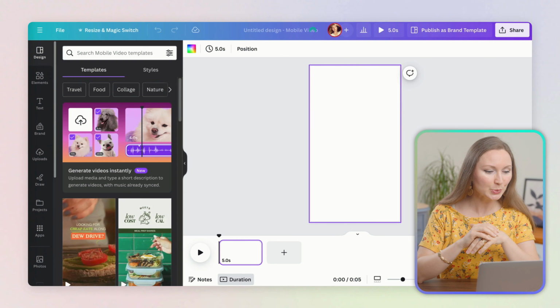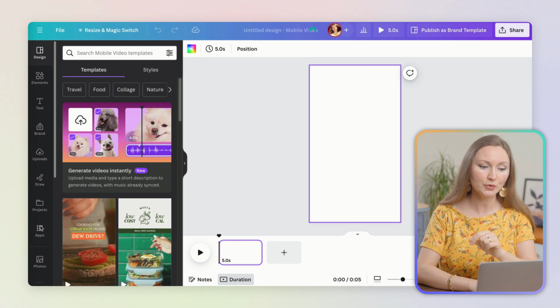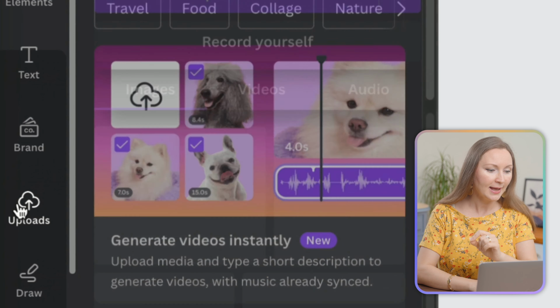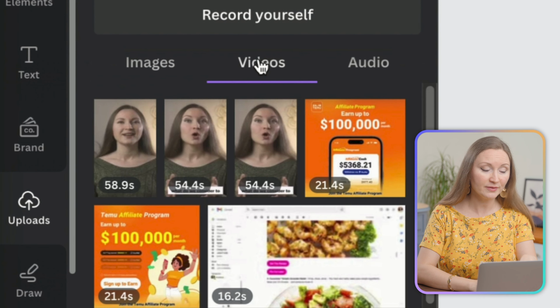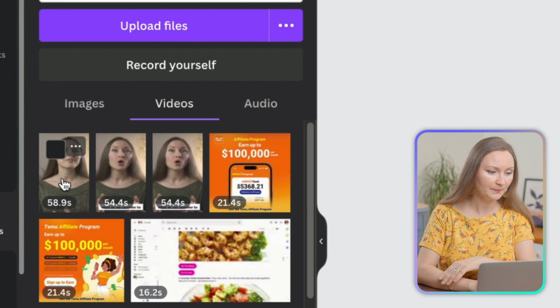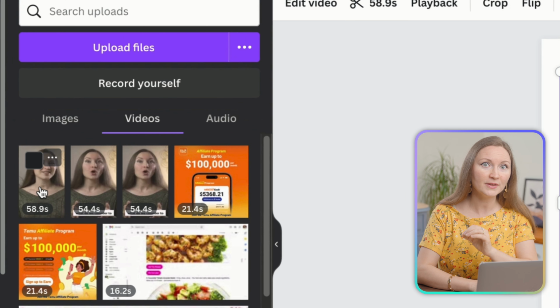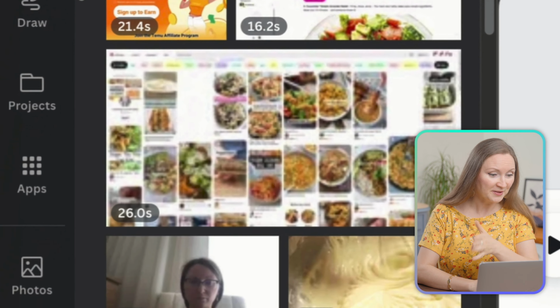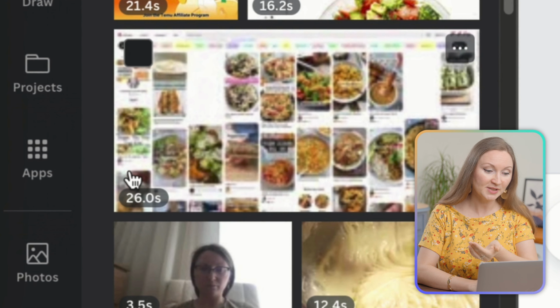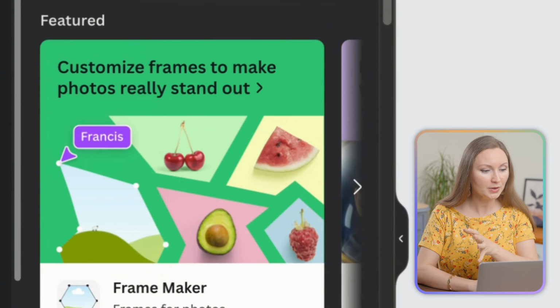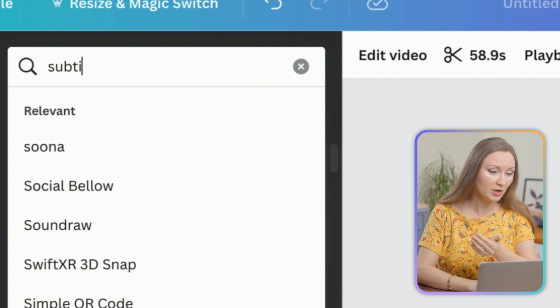And to show you how this works, I will first need to go to my uploads, click on the video tab, and select one of the videos I previously uploaded to my Canva account. It has to be a video of the typical length for shorts, up to 60 seconds, because this app doesn't work for longer videos. Then you know the path. Click on Apps, search for Subtitles app, and once it's open, you will just need to click Export, and then